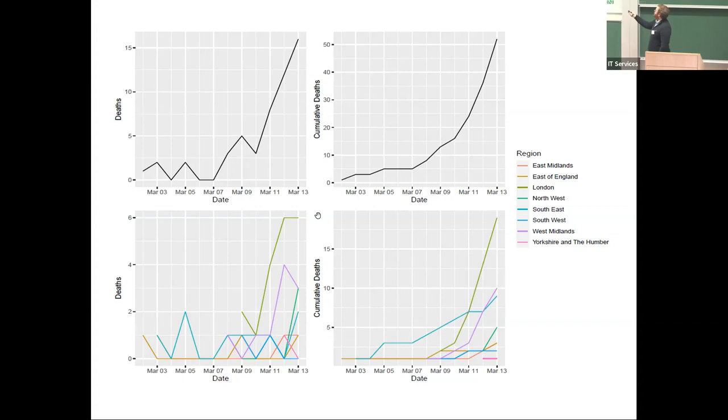And as we go through March, you see this nice theoretical exponential growth that you would expect. What happened was, in the east and the southeast, there were 1 or 2 deaths early on. But the deaths never really took off. They went slowly. And then all of a sudden, London takes off. Now, why can the model not do this? Model can't do it